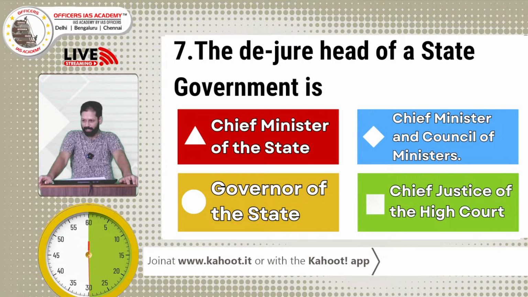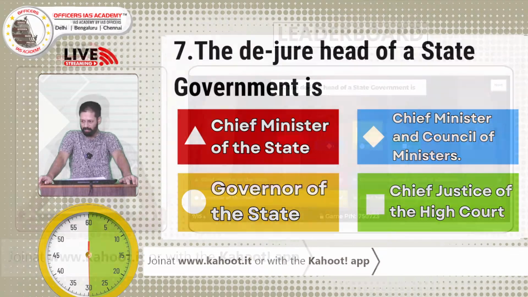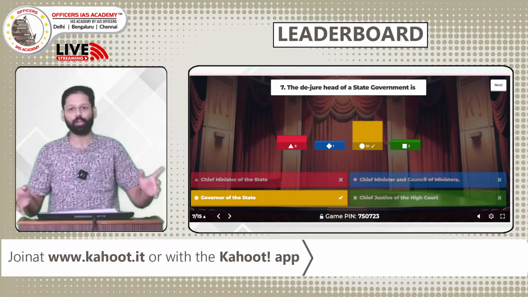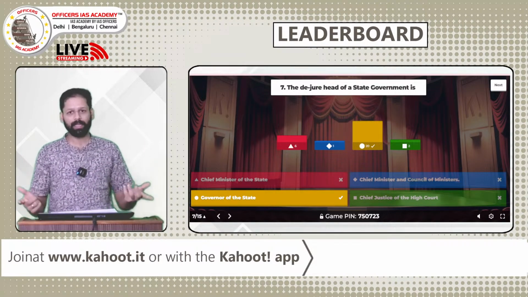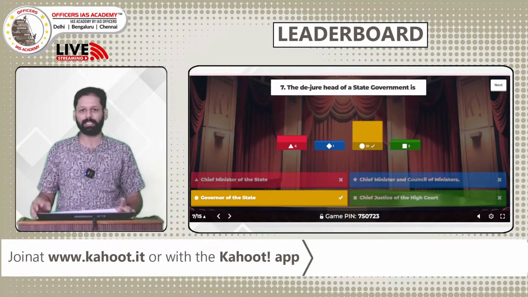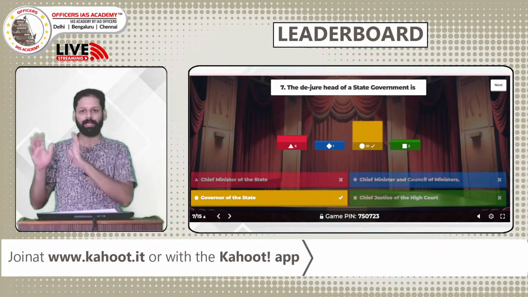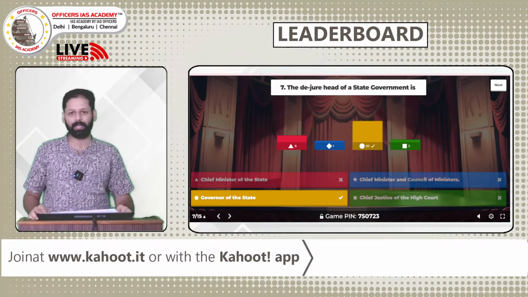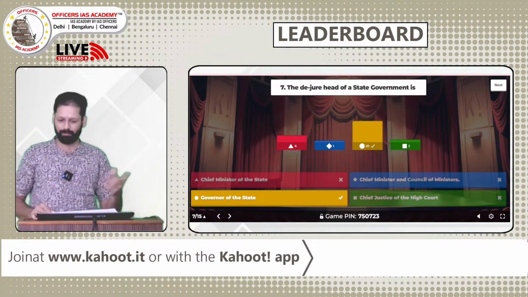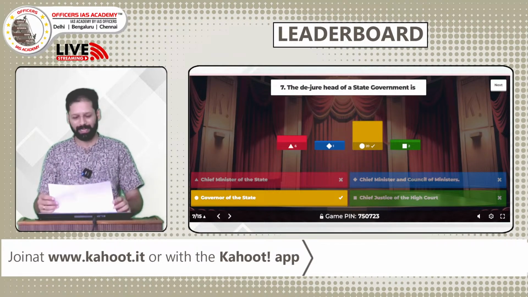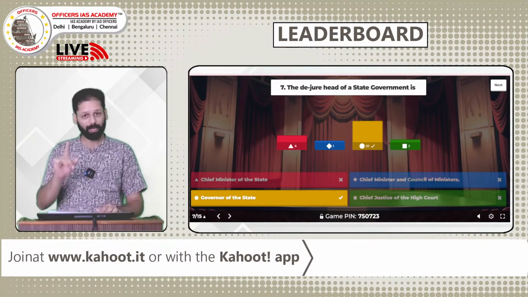The de jure head is, of course, the governor of the state. The de facto head is the chief minister of the state. The de jure in the sense by law, who is the head of a state government? The head of a state government is obviously the governor. The de facto head, who actually exercises the executive power of the governor in the state, is the chief minister. Very, very simple question. State executive, union executive. I don't think I need to detail about it any further, but one thing I will